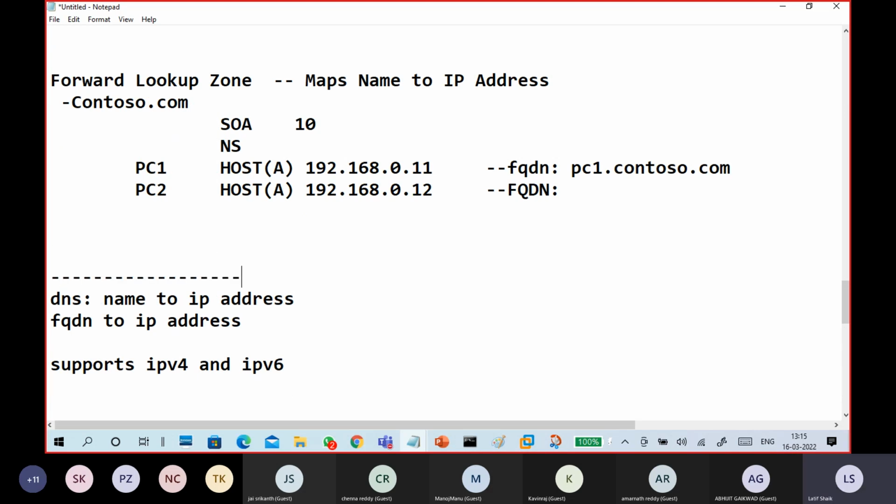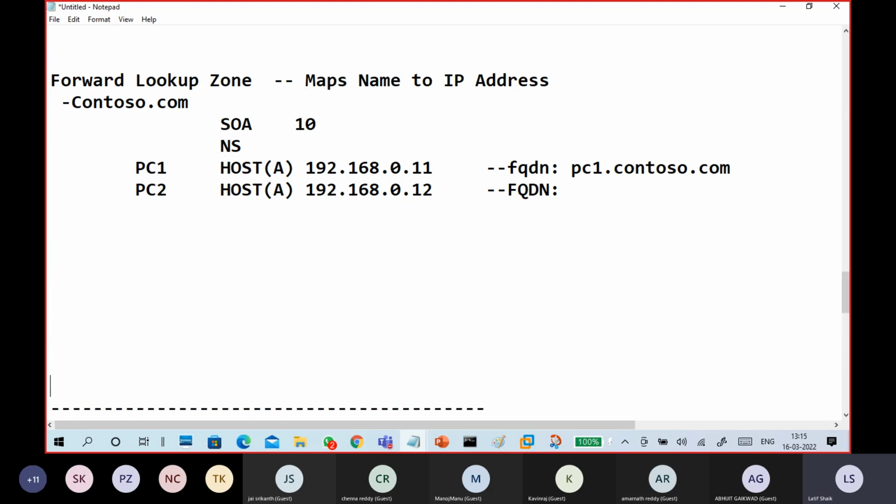So guys, what is DNS? It maps name to IP address, and actually it maps FQDN to IP address. The structure is like domain name and IPv4. PC3, host, 4S. 4S means